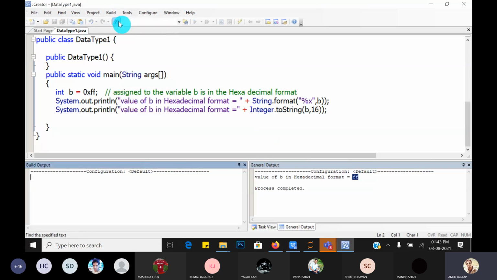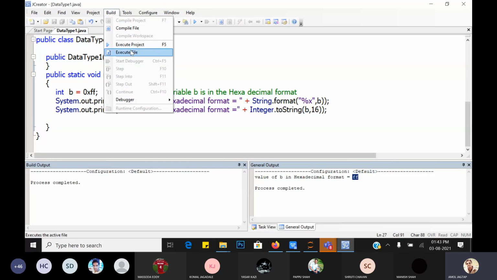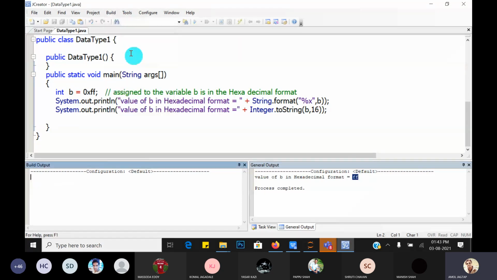First compile it, because we made changes in our source code file. Then execute the file, and it gives the same output. So these are the two different ways by which we can display values in different formats, whether octal, hexadecimal, decimal, or binary.